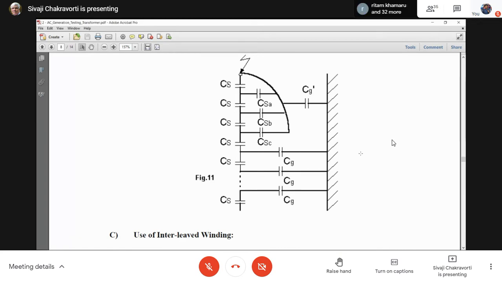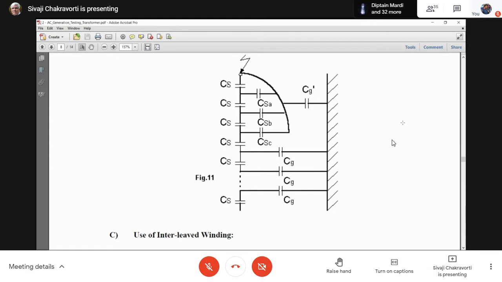That is what I am trying to tell you, that two things happen here. First of all, this current which was being bypassed, let's say from the junction of the first and second CS, some current was flowing through CG to earth. But now CG is formed not with respect to CS but with respect to the shield. So any current that flows through CG will come directly from the high voltage terminal. It will not flow through CS and then to CG, because that is a higher reactance. This is number one. Thus, the current which is being bypassed to the earth is reduced.